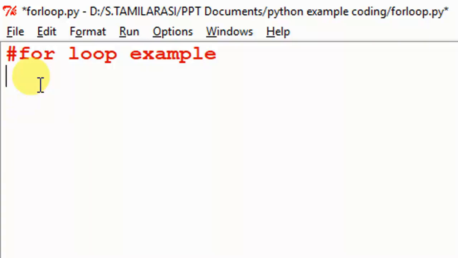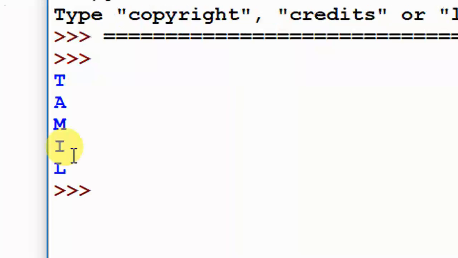Now I am not using range. I am giving another example. I create one variable, TAMIL ARAS.